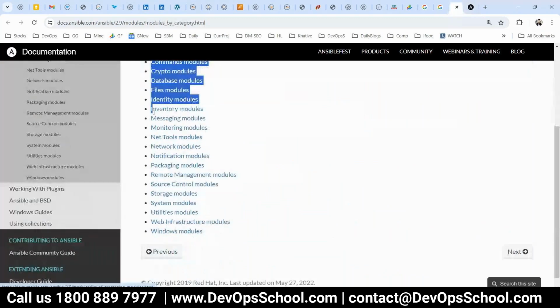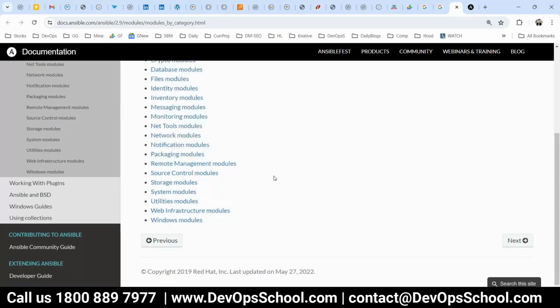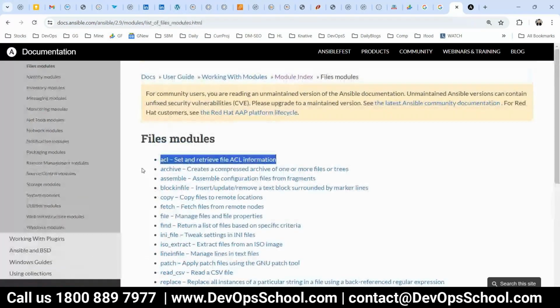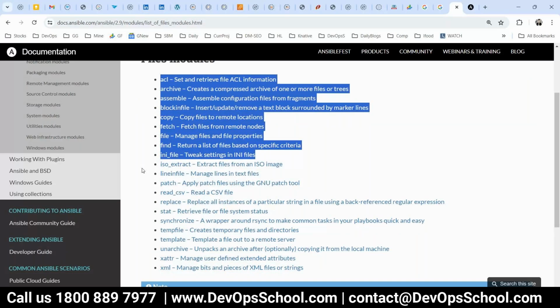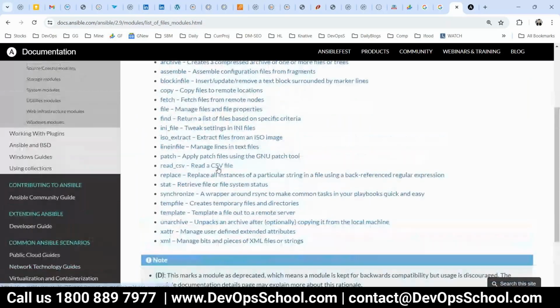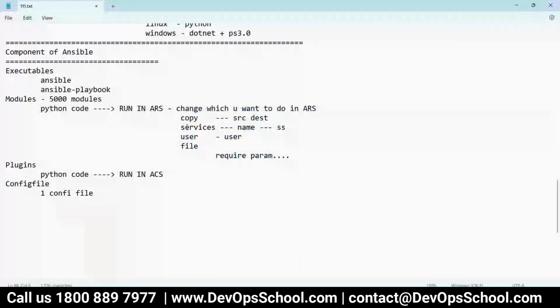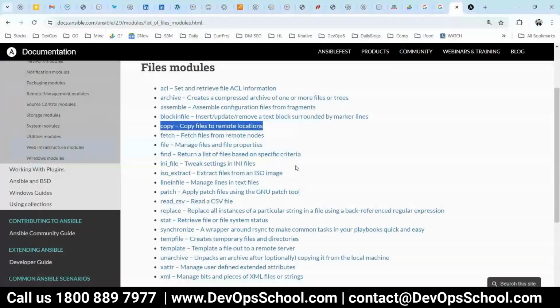Okay, don't think it's a module. For example, there's one category called file modules. So click on this and you see file modules. So many modules are there. Now one of the modules I'll go to, let's say copy. This is the copy module, right? And just now I was talking about the copy module, or any module. There are so many modules, and each module will have parameters. So your major task is to understand their parameters, actually arguments. Click on it and please read this.